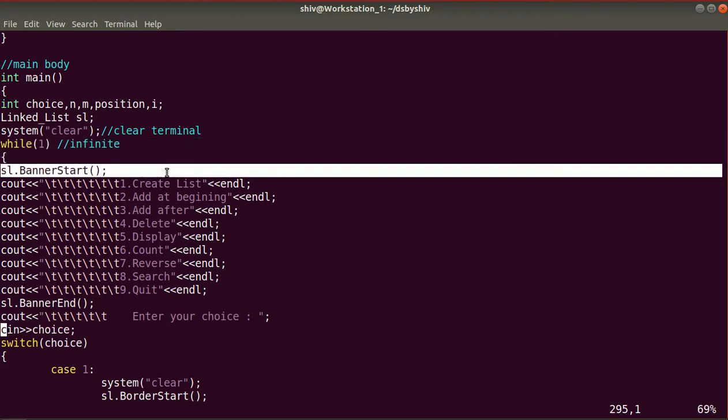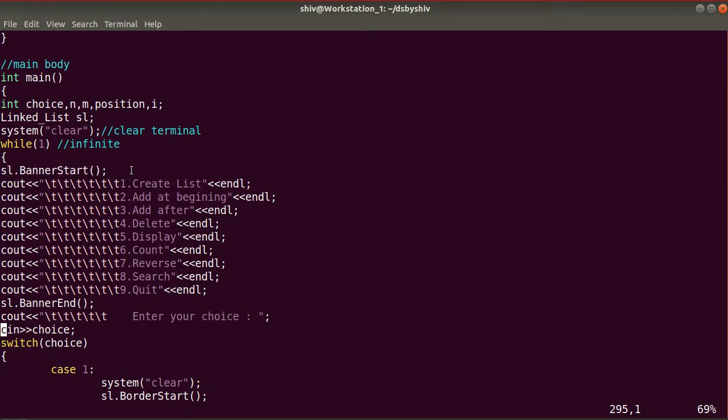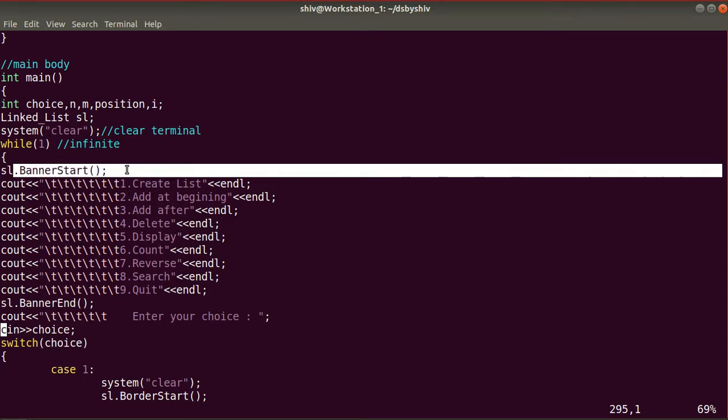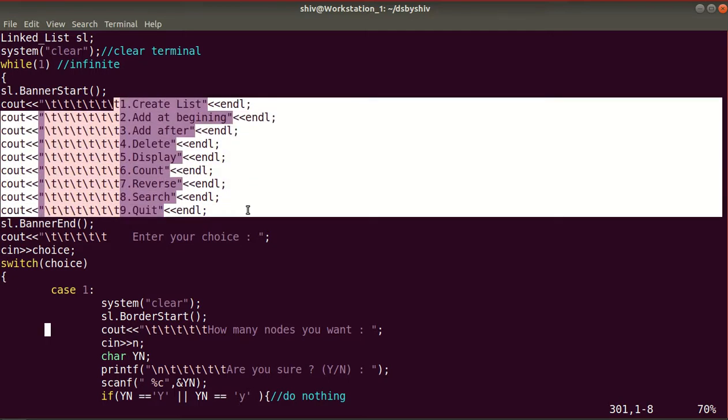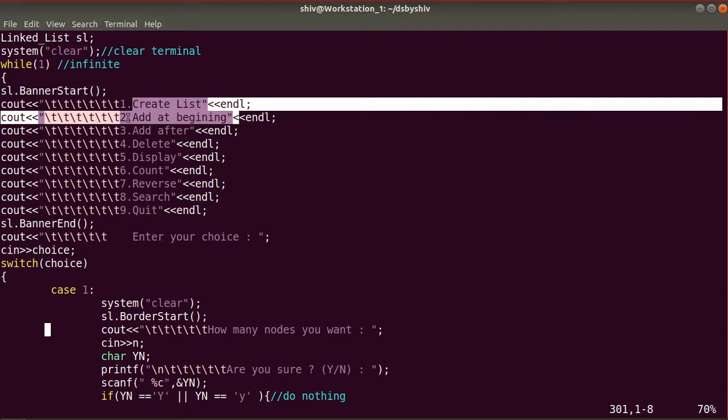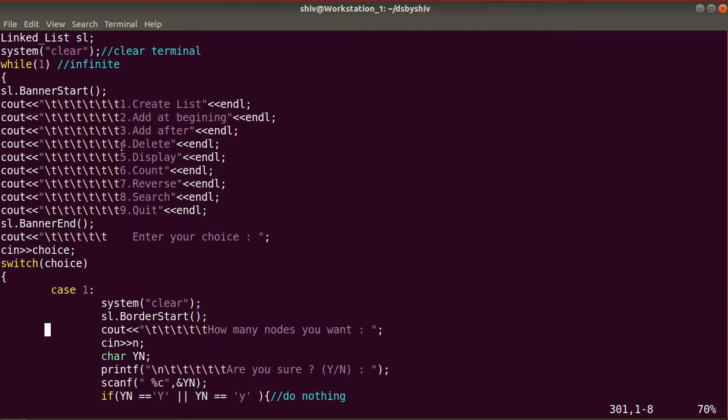Here first I have called the member function of the class, banner start. I will go to this method as per the flow of the program, so please be patient. First I will show some menu to the user: create list, add at beginning, add after, delete, display, count, reverse, search and quit.